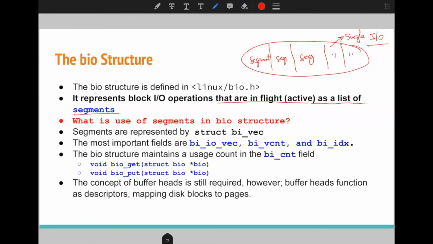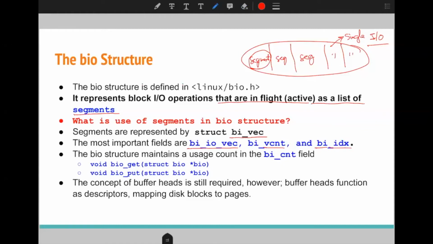This segment is what we call the bio_vec structure. We will see it when we look at the structure of bio. The most important fields in the bio structure are bi_io_vec, bi_vcnt and bi_idx.